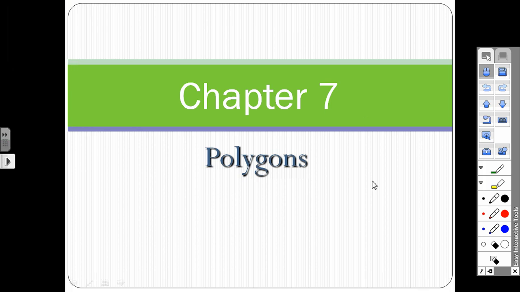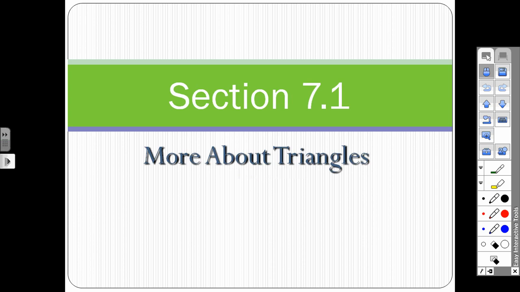Okay, so here we are with chapter 7, dealing with polygons, and the first section that we're going to talk about is triangles. So a triangle is a polygon, it's just a three-sided polygon. So we have just a few last things that we need to talk about with triangles that we haven't talked about before. I know it feels like we've talked about everything that we could possibly talk about with triangles, but